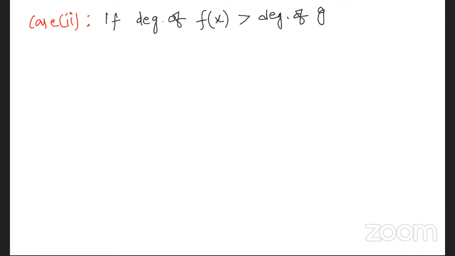Case 2. What is the case 2 we've defined? If the degree of f of x is greater than the degree of g of x, so these are the cases for an improper fraction, then if the degree of f of x is greater than the degree of g of x, then by division algorithm,